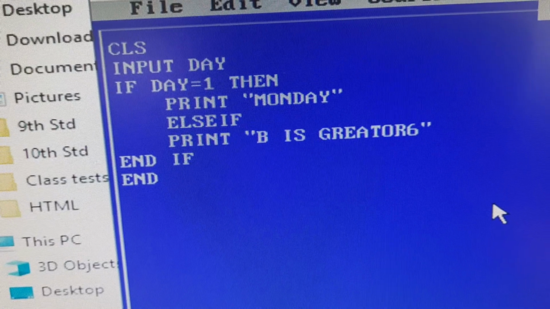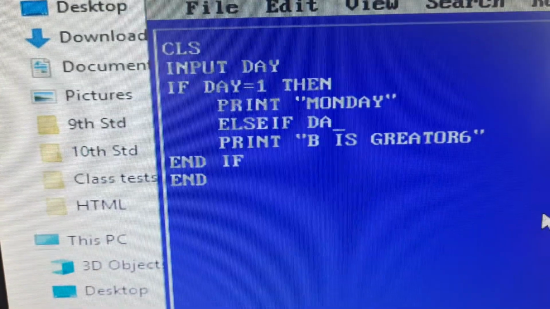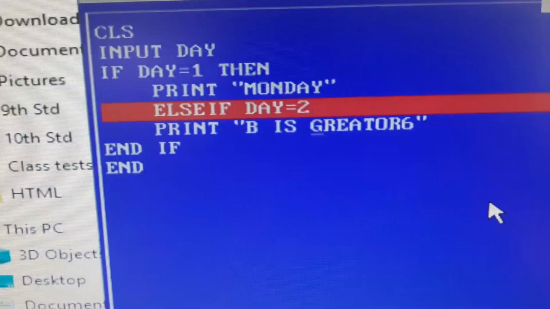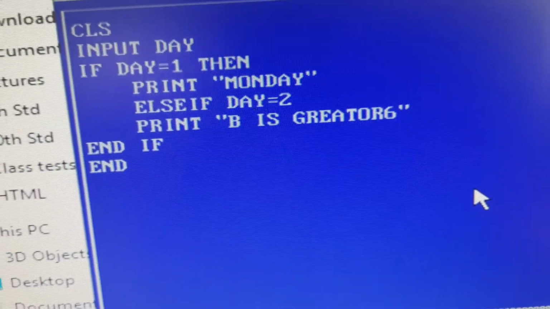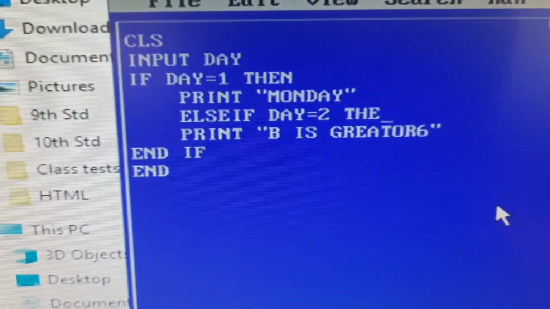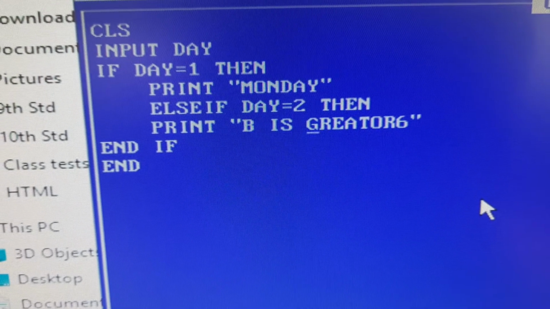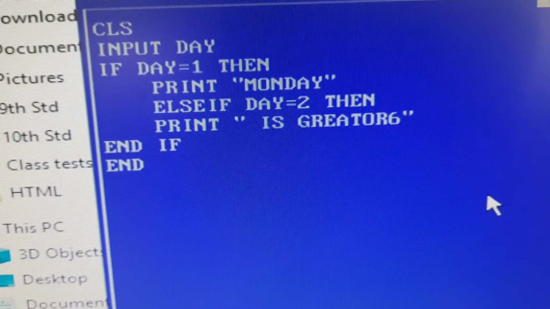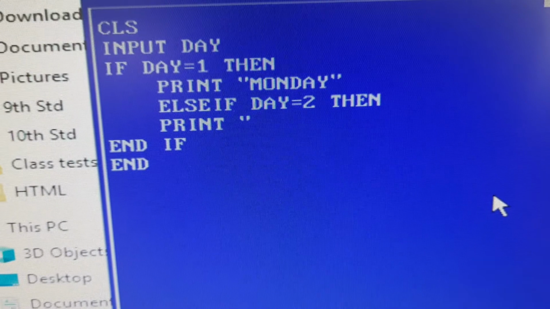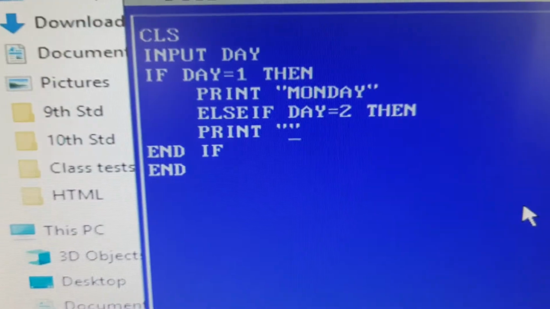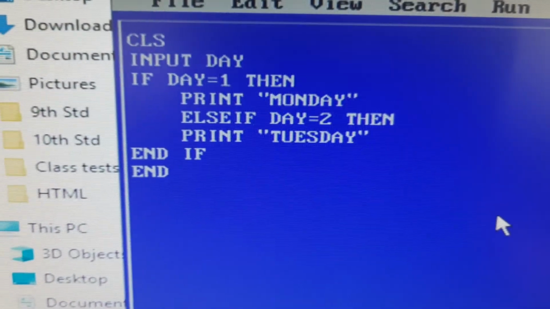Else if day is equal to 2, then print Tuesday.